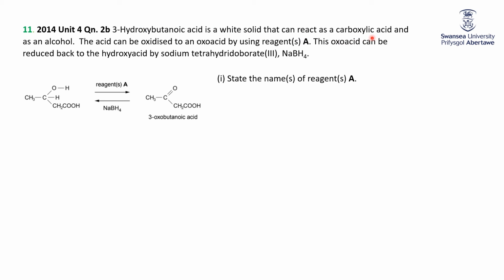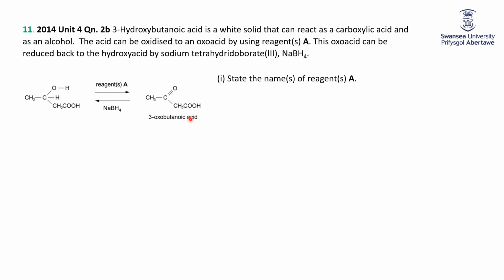3-hydroxybutanoic acid, well, it's solid, can act as a carboxylic acid. There's the acid, and as an alcohol, there's the alcohol. This acid can be oxidized to an oxo acid by using reagents A. This oxo acid can be reduced back to the hydroxy acid by sodium tetrahydroborate